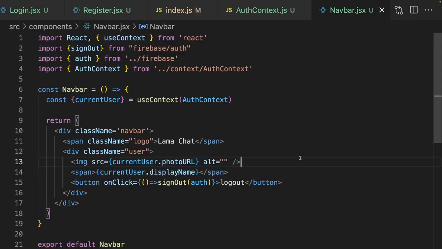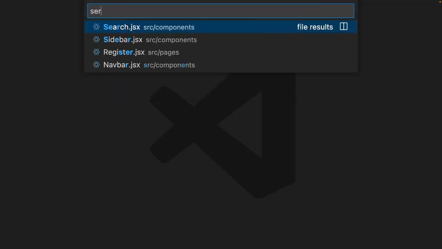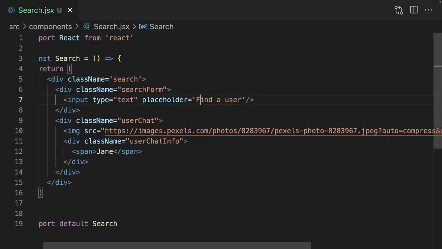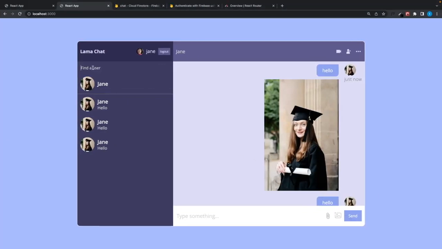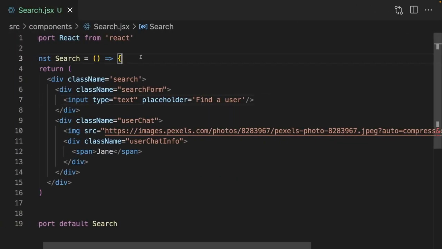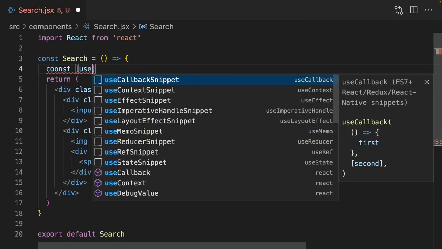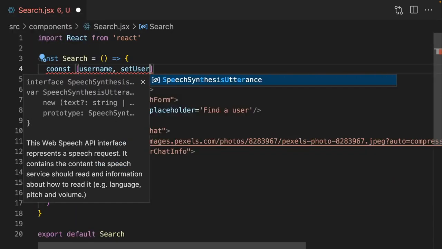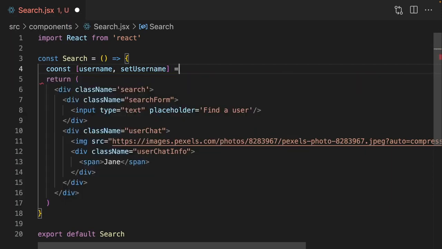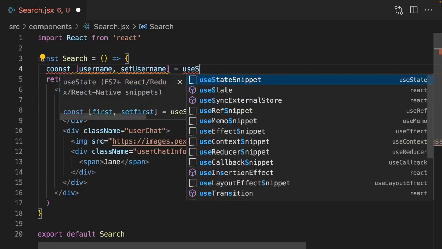I'm gonna open up. Let's close everything actually. And I'm gonna open up search. So what we are gonna do, when we search for any name here, any display name, and when we enter, we are gonna see the result here. Let's do that. So let's create here username for the input, set username, use state hook,